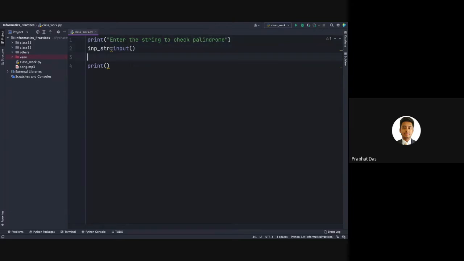Input string is there. Then this will be the reverse string, str. Reverse string will be the input string within square brackets, start value kept blank, stop value kept blank, and the step value kept as -1.